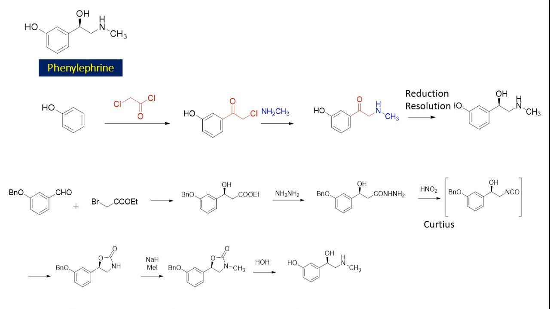So friends, this is the way how the four important drugs in the adrenergic category, that is phenylephrine, salbutamol, propranolol and tolazoline, are synthesized. Please focus on the way the synthesis is designed, so that it is very easy for you to remember how different steps happen one by one. Please also remember that these are not the exclusive synthetic pathways that are available, but various other industrial processes are available, but these are some of the very important pathways that you can remember